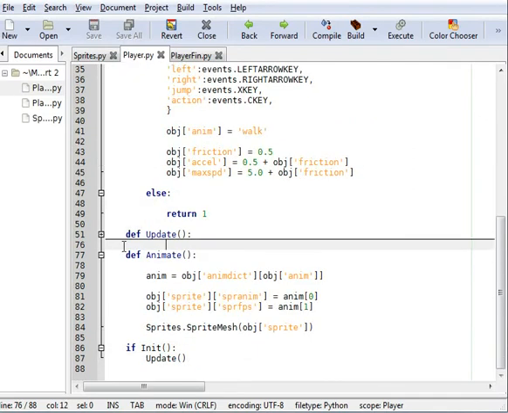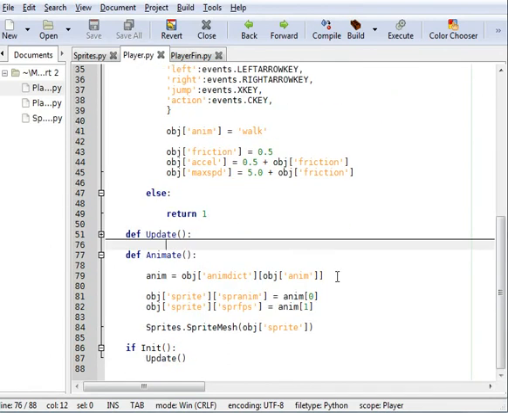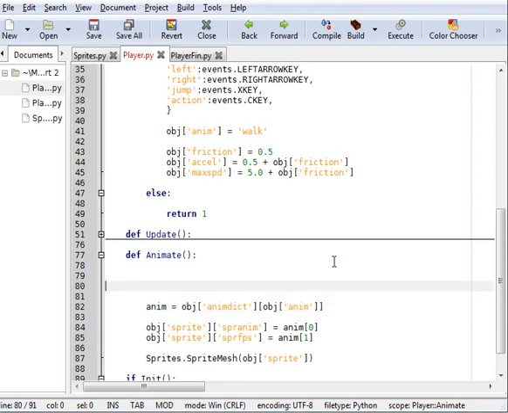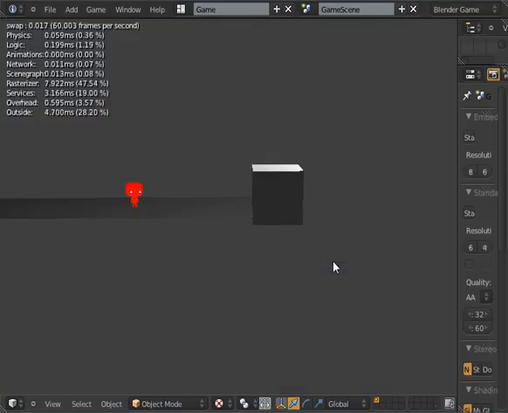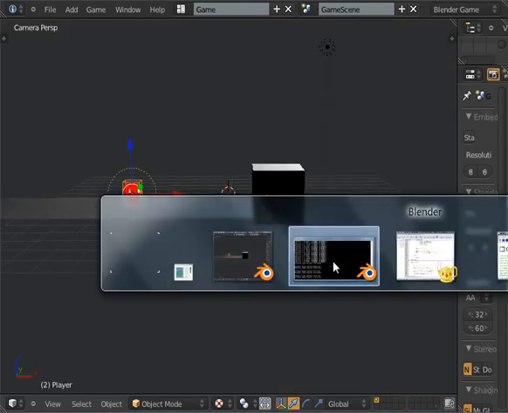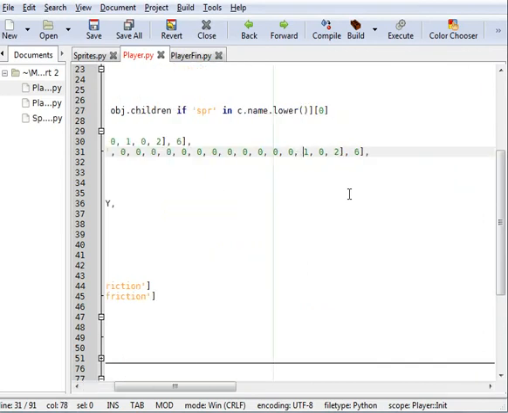Now the last thing we're probably going to do is add animation. So we have standing, we have walking. So what we're going to do, push this down here, is we'll say obj anim equals stand, and we'll see if that works, how the animation looks. Yep, that's the animation. Okay, so the animation for his standing should be something along the lines of 0, 0, 0, 0, 0, 0, 0, 0, 0, 0, 0, 1, 0, 0, 0, 0, 0,